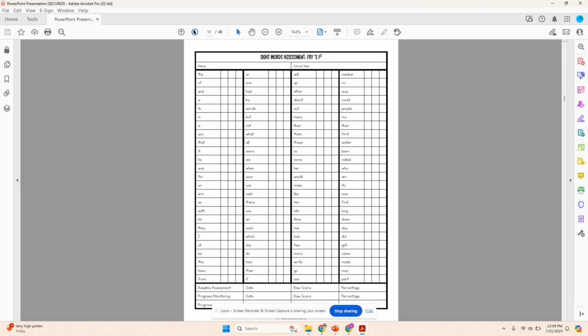Then we get into the individual data sheets for each word list. This data sheet is for Fry's first set of 100 words. There are 3 columns that you can see next to each word. You can use this data sheet for 3 different assessment probes, a baseline assessment, and then 2 progress monitoring probes. I recommend using a different color of pen for each probe. At the bottom of the page, you'll see that there is a space for the assessment date, the raw score,